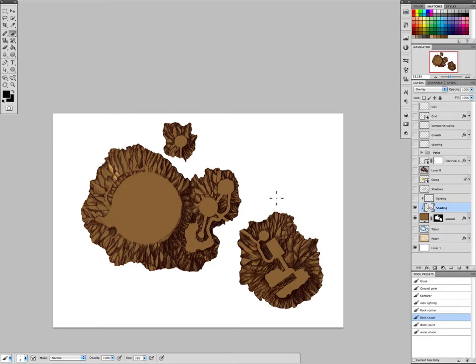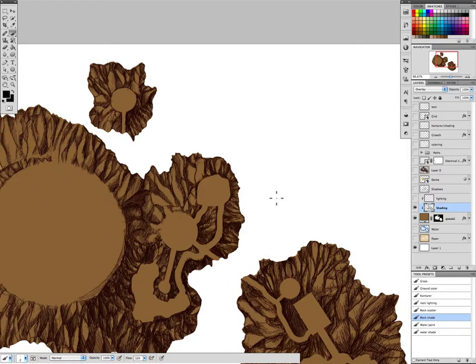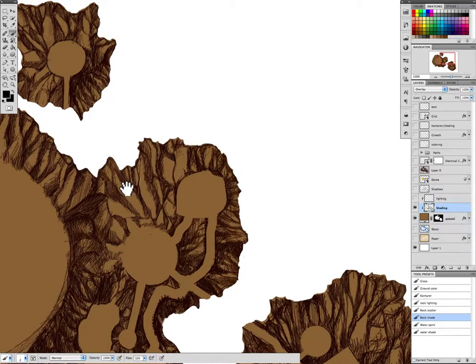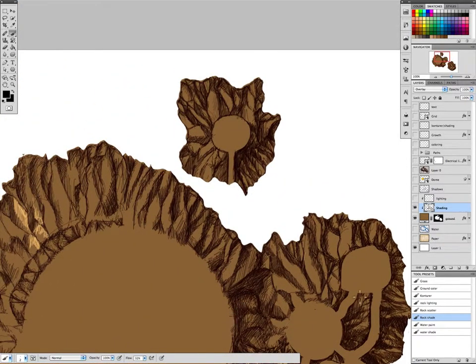A small note about this: this is obviously the most tedious process of creating a map. I have a tool preset called Rock Shade, which is basically a 2-pixel pen that is set to 30% flow, which means that you can overdraw it and make it darker and darker. If I had used opacity, it would always stay the same shade. I'm from Sweden, so my English is not as good as you'd like. Either way,